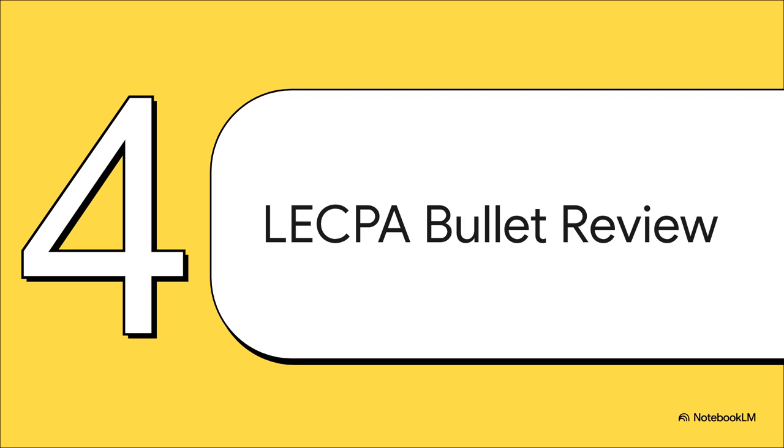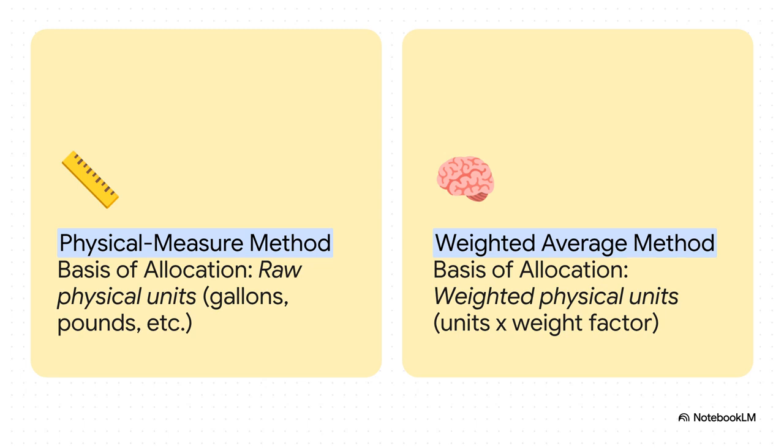It is time for your high-speed LCPA bullet review. Get ready to screenshot these next few slides. You're going to want them. Here's the core difference side by side. It's super simple. The physical measure method is based on the raw count of gallons or pounds. That's it. The weighted average method